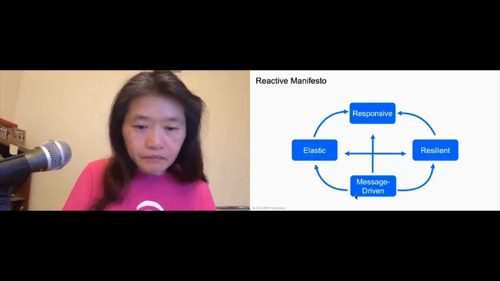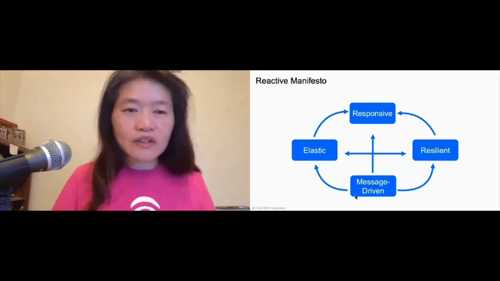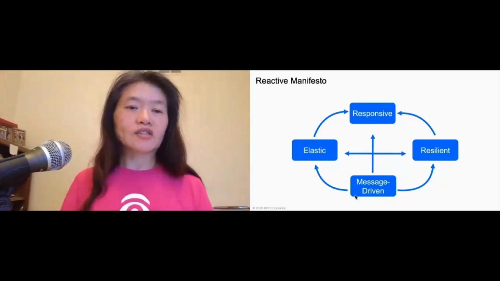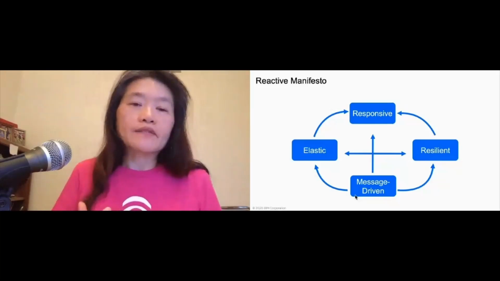Let's take a look at the next one, and get a bit more into what reactive systems are really trying to address. Essentially, it is concurrency. And you may also be wondering, why reactive systems, right?